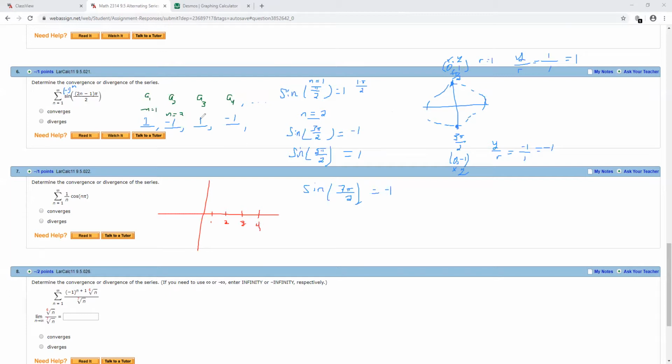But for the terms of the sequence only, it's simply oscillating from 1 to negative 1. At n equals 1 it's 1. At n equals 2, it's negative 1. N equals 3 is